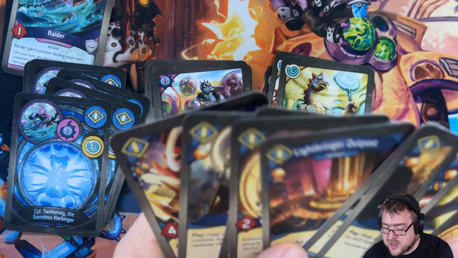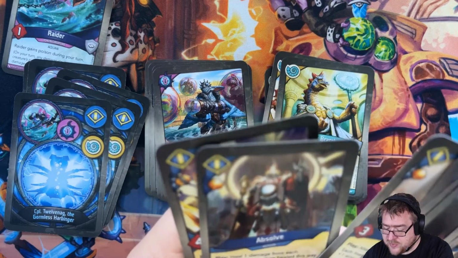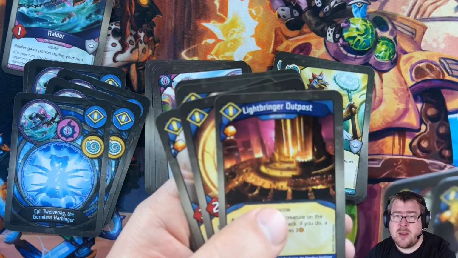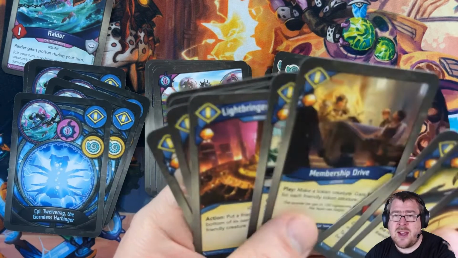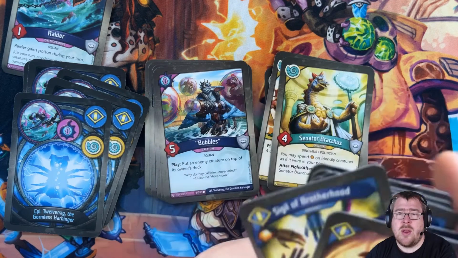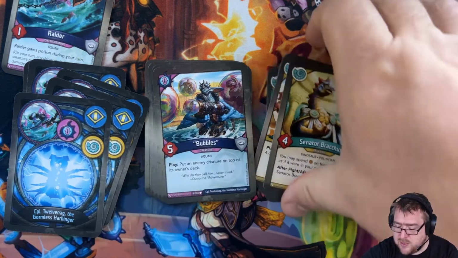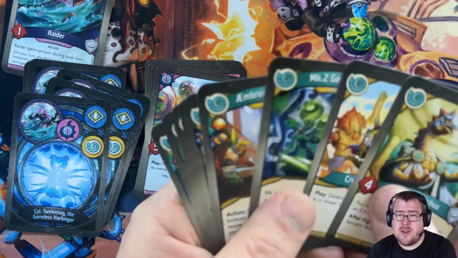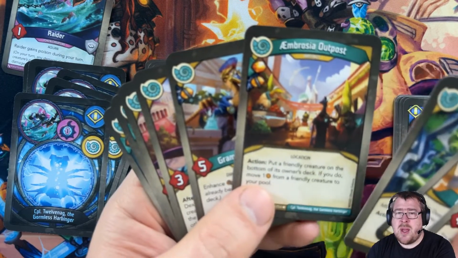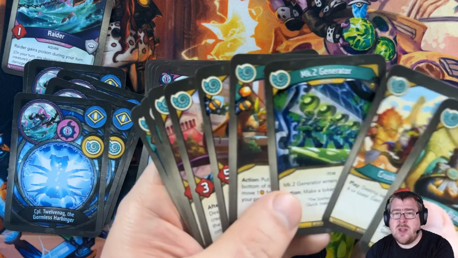We've got Absolve, which can cause creatures to capture, and then you're using the benefit. Lightbringer Outpost, Taxing Journey. So a decent amount of capture in the Sanctum. I didn't see any explicit capture in the Saurian, or in the Unfathomable rather, but we do have